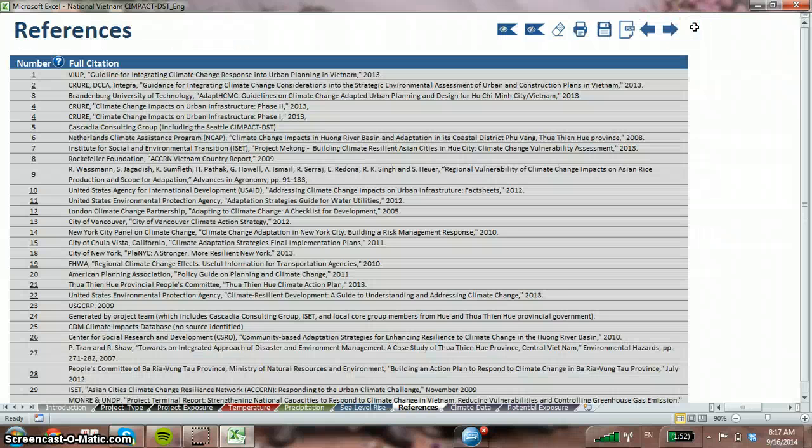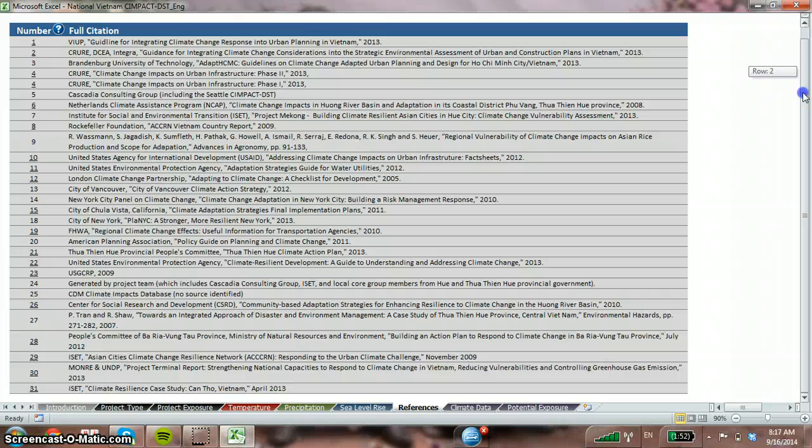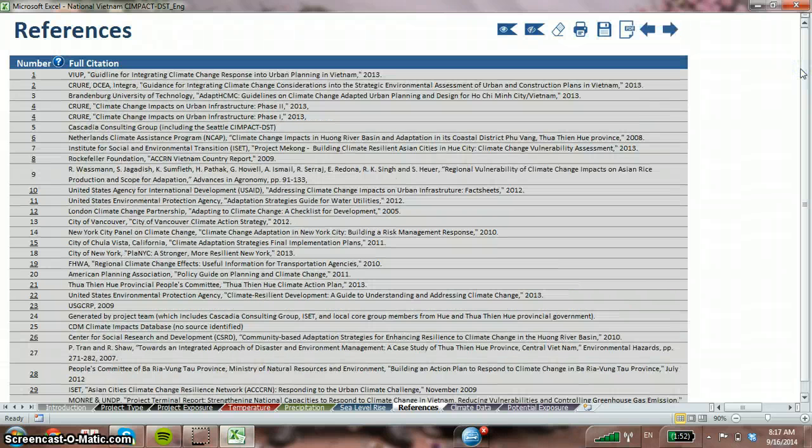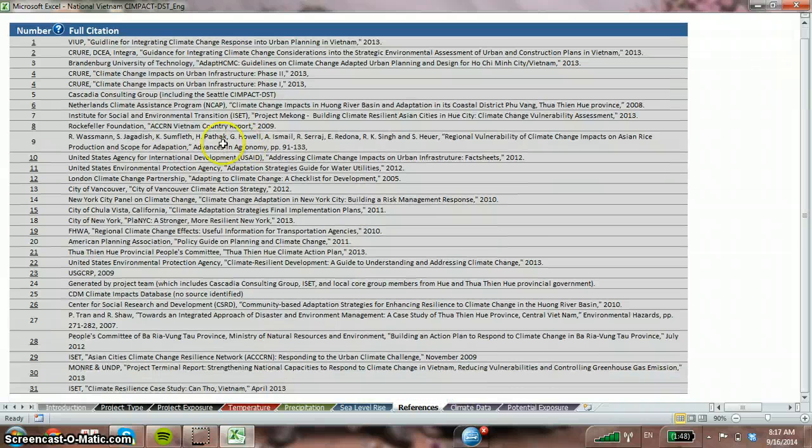So next one is just references. There's a list of different sources and documents, reports, and studies that we use for this tool, specifically for the content. So from international organizations to the national Vietnamese government and local government, as well as universities. So that's pretty cool. And for any source that's online, there will be a